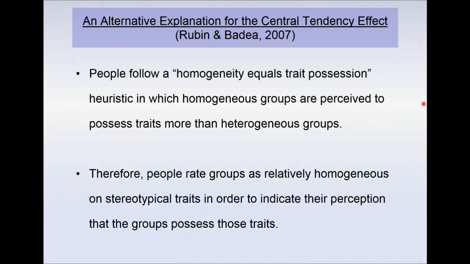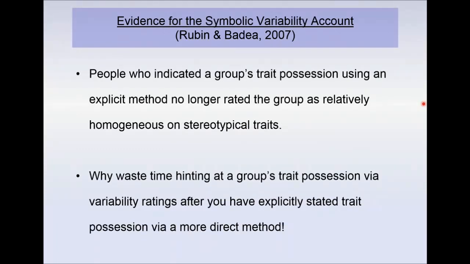This symbolic variability explanation is distinct from the social identity explanation, the in-group, out-group explanation I was talking about, because it doesn't relate to the perceiver's group affiliation or the need for a positively distinct social identity. Consequently, it can explain the stereotype effect regardless of the affiliation of the perceiver and the valence of the traits concerned. So, our symbolic variability explanation assumes that people use their ratings of group variability symbolically because they do not have a more direct method of expressing the group's central tendency to the researchers.